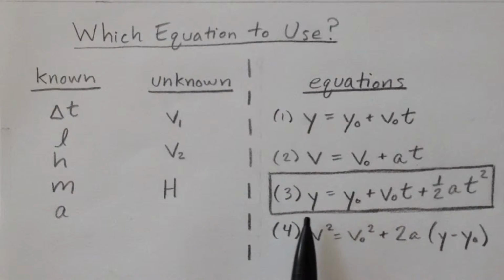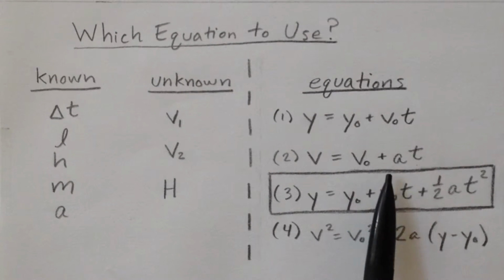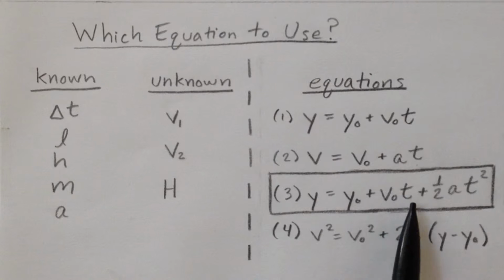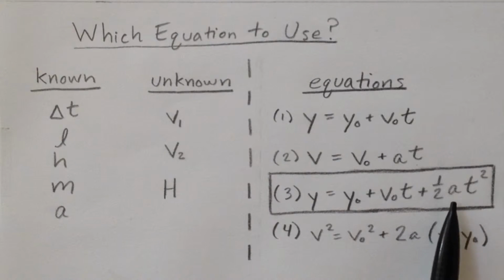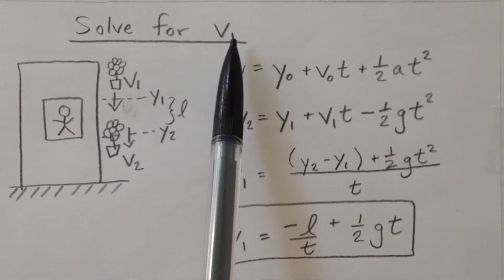We are able to use the third equation because we know how tall the window is, we can solve for the velocity of the flower pot at the top of the window, we know the amount of time it takes for the flower pot to go from the top of the window to the bottom, and we know the acceleration is due to gravity. To solve for the velocity of the flower pot at the top of the window, we